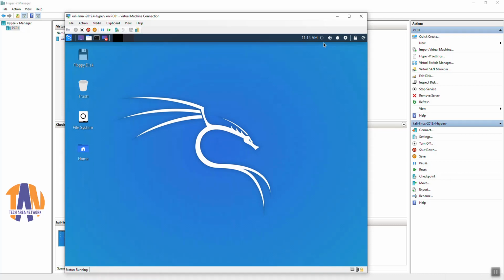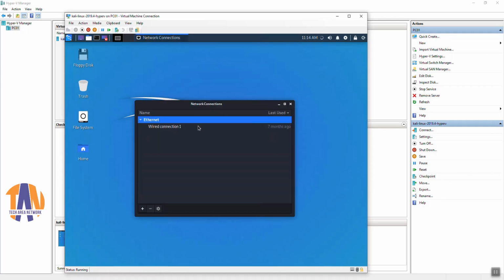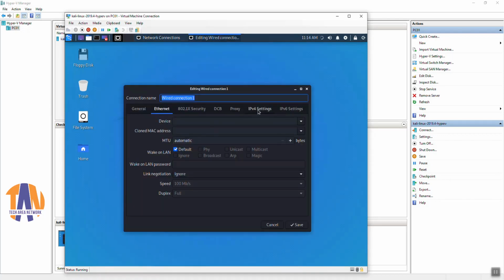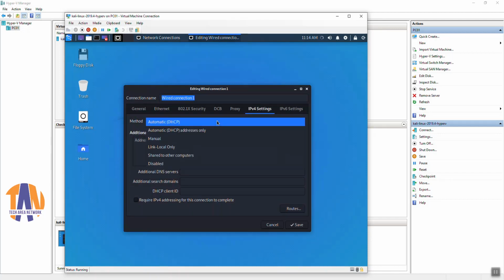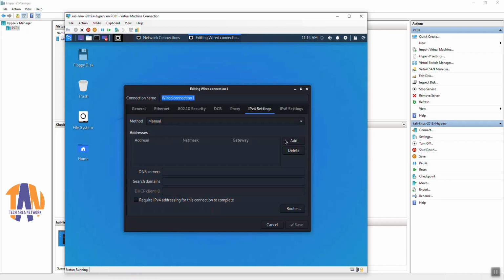But before doing anything, let's connect this virtual machine to my working network. Here I will assign a local IP address to this Kali Linux virtual machine. Let's go to IPv4 settings and change the method from Automatic to Manual. Click on Add to assign the IP address, subnet mask and the gateway.